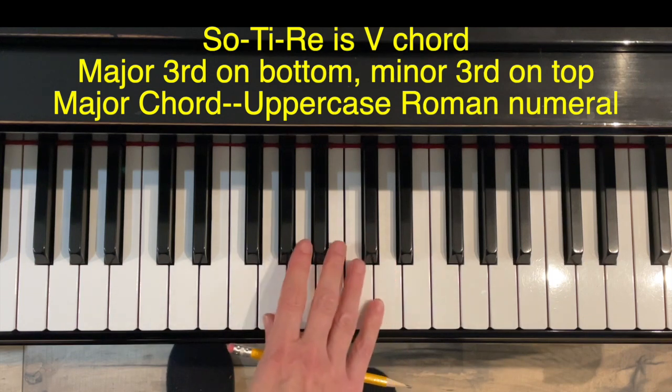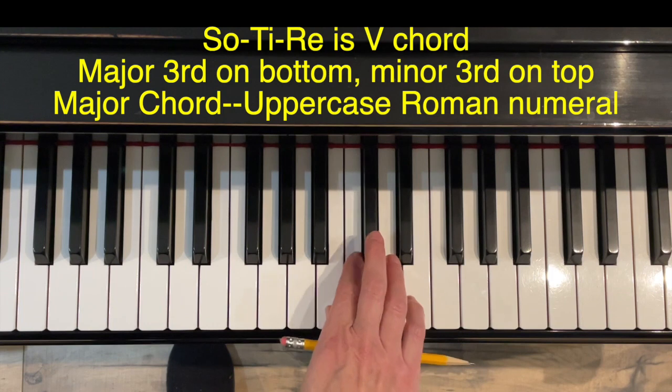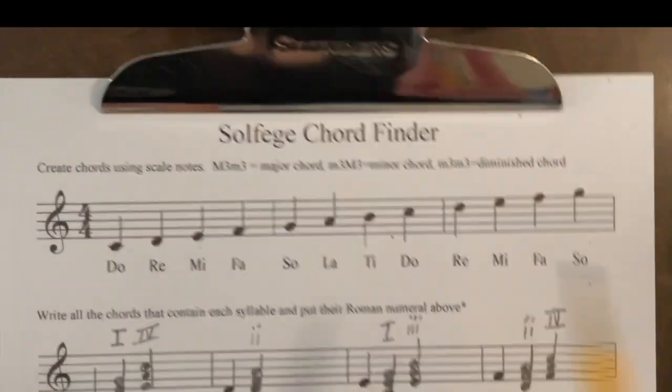Okay, our next chord is So, Ti, Re. Major third on the bottom, minor third on the top. So our 5 chord is a major chord. And let's fill that in. So we've got